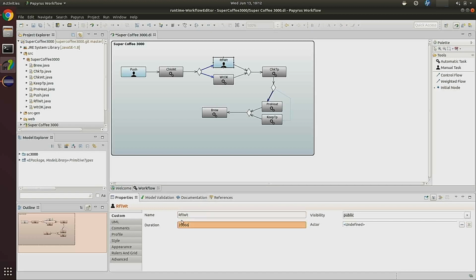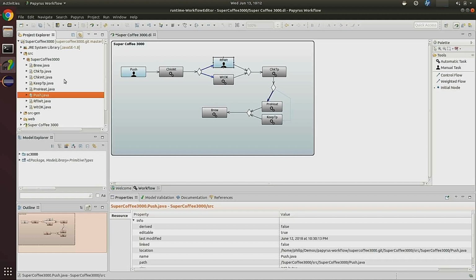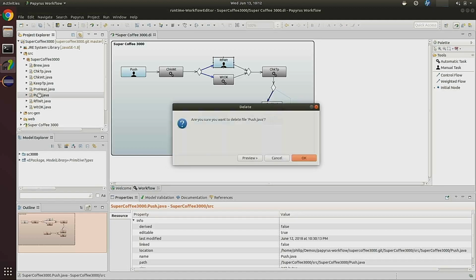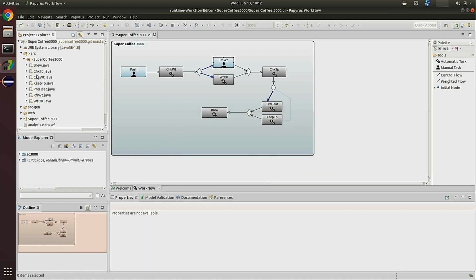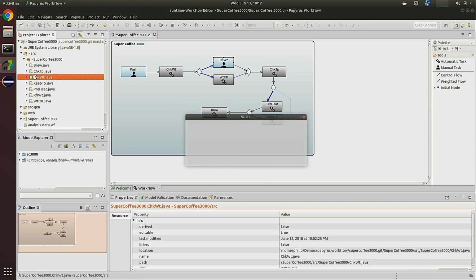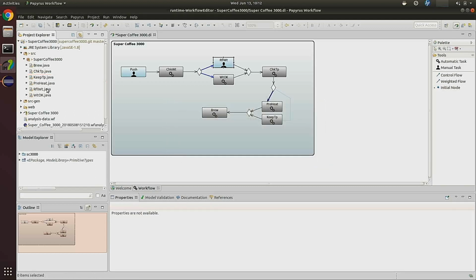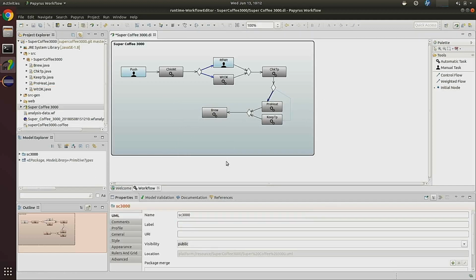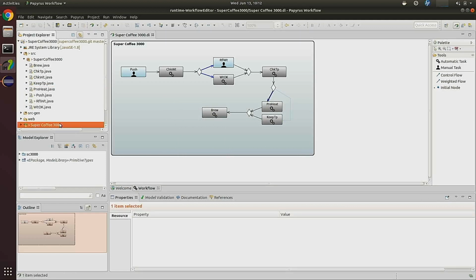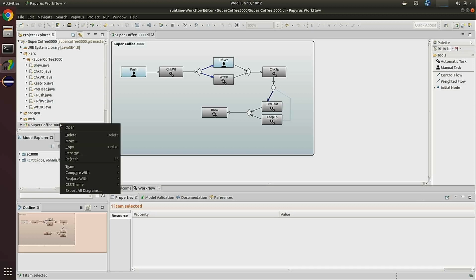And to prove that we actually generate code, I will also just delete this one, the check WDT and the refill water task. And as soon as I hit save here, if the generator works, we see that these files now get generated. If I now start a comparison of this model against the head revision,